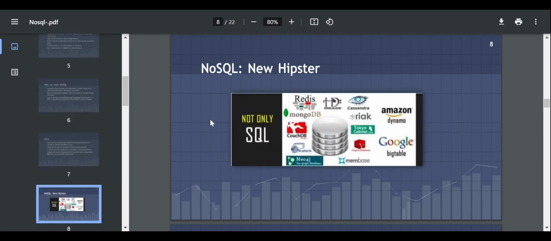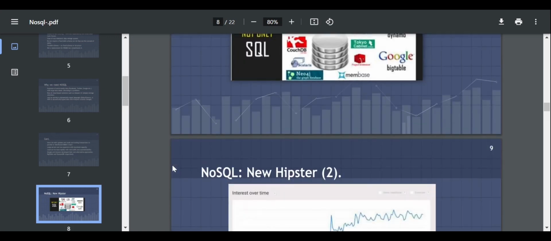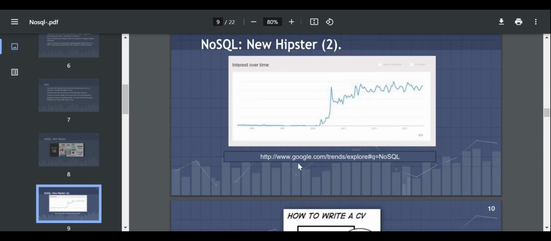These are NoSQL, the new hipster, not only SQL. NoSQL, the new hipster, enters the time. As you can see in this graph,